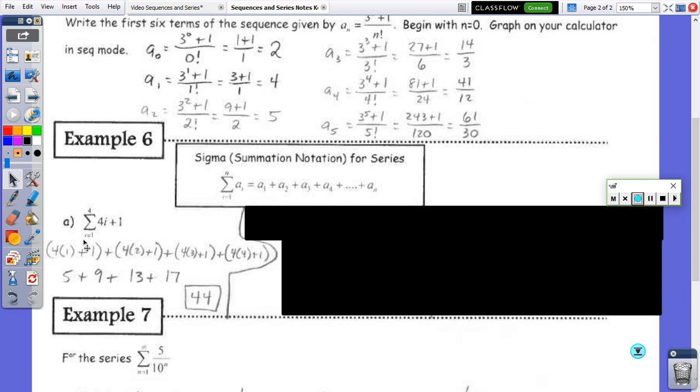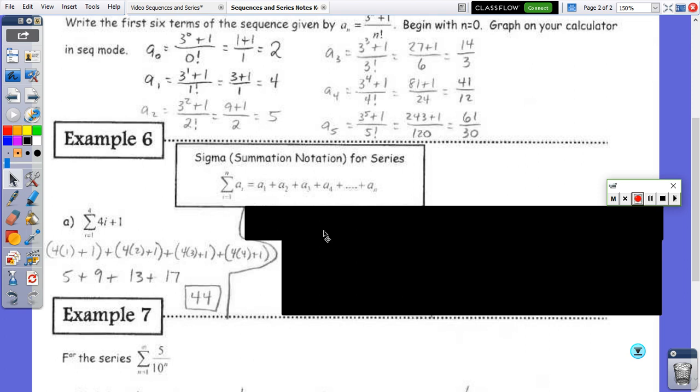So 1, then 2, and then 3, until we've obtained the number of terms that we're supposed to. So when do we stop? Well, you go from 1, increasing by 1 each time until you reach this number at the top. So in this case, we're going from 1 all the way to 4. And so after you plug all those numbers in, this notation right here, sigma, means to sum those numbers, so to add them. So you can see we took 5, 9, 13, and 17, and we had a sum of